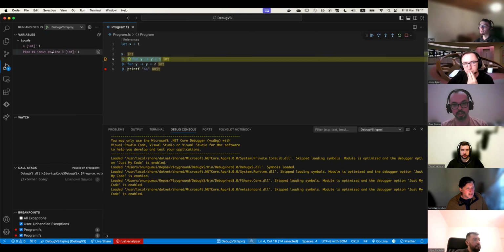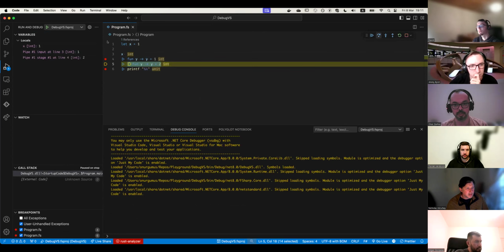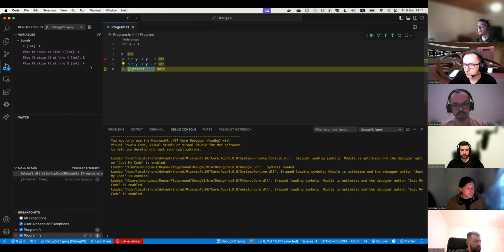and then you can see the X is 1, so that's for sure. And it already shows us that the pipe number 1 at the input line 3, which refers to this line, is 1. So if you go to the next line, you can see it shows the result of what happened after this pipeline executed. We increment the X, in this case it becomes Y, by 1, and then we can see it became 2. And if we continue, we can see what happens in the next step. We added another 2, then it just became 4.